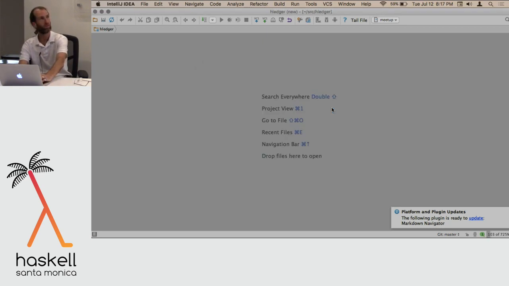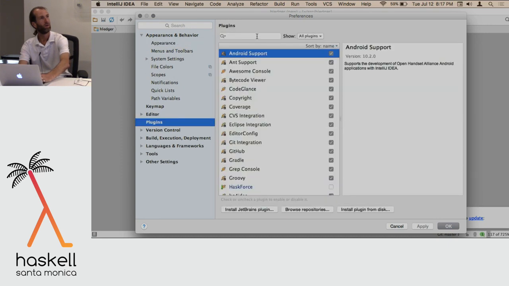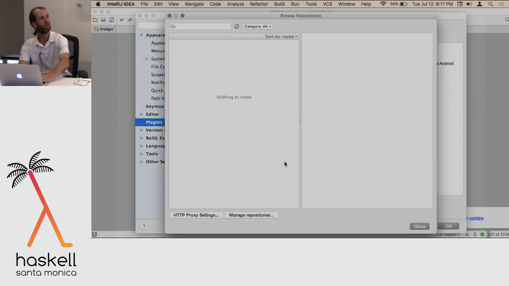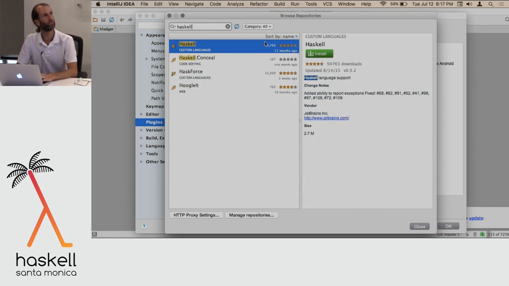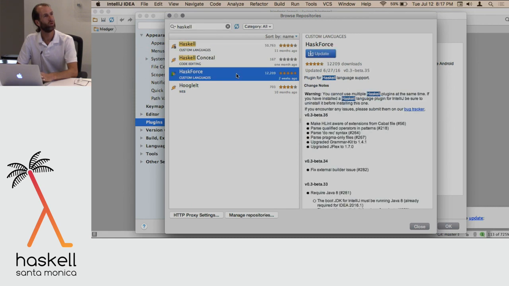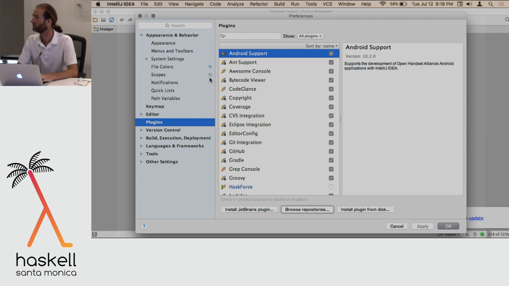Let's see here, plugins. Browse. Haskforce is one. I think I have it installed but not enabled. I think I have Haskell. Maybe I'm using Haskforce right now. Yeah, so it's good. I found the 2 of them about equivalent. Both of them work as well as GHCMod, which is the underlying tool that they use to get information about your source code. And GHCMod is